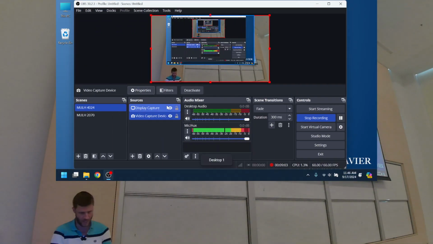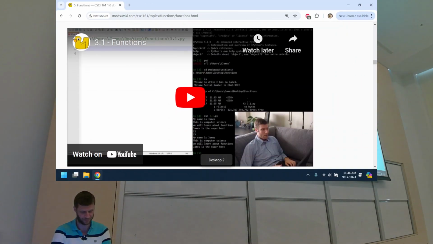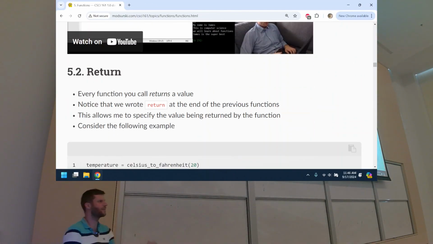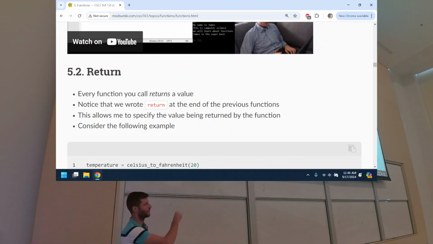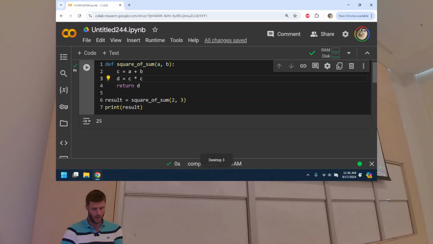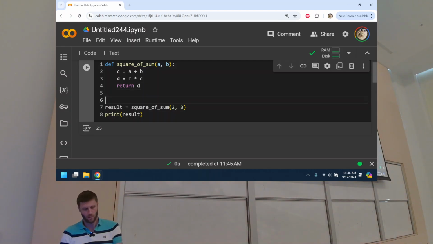Am I frozen yet? Ah, cool. So any questions about that? Yes? Is there a way to make those inputs, like square sum a, b, so you don't have to manually type 2 and 3? So we could say, okay,